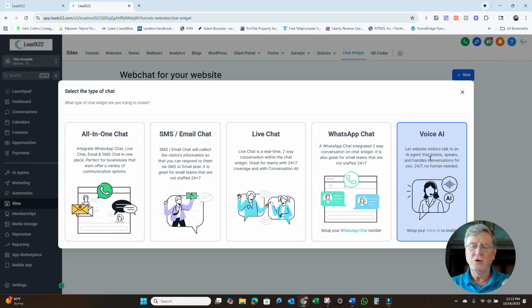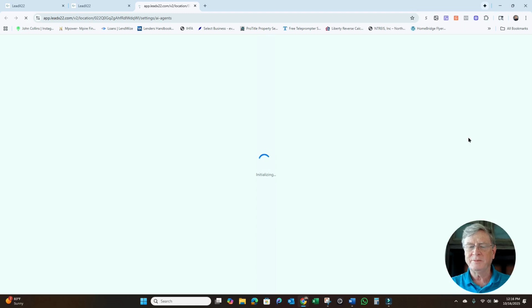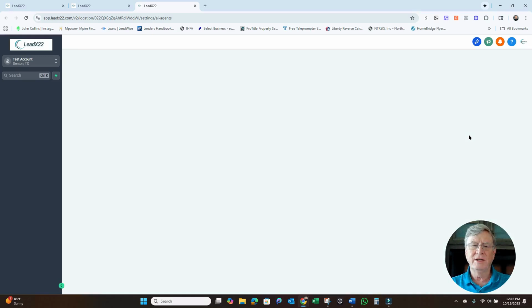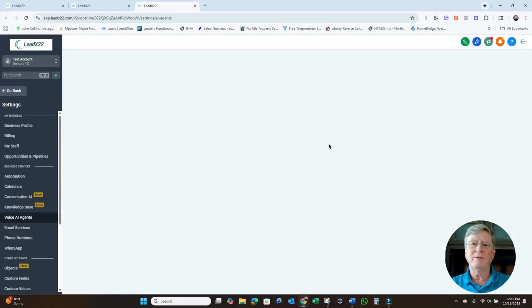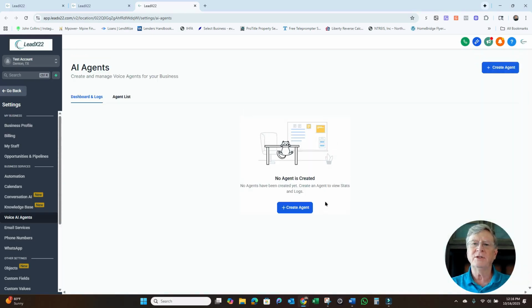In this case, you can click on it and it's not going to do anything. It's because I don't have a Voice AI agent set up in this account. And then if you go down here at the bottom, it's going to say set up your Voice AI to enable it. You click on that and it's going to take you to the Voice AI agent. So just save yourself some time, go right into the Voice AI agent, create yourself an agent, and then you'll